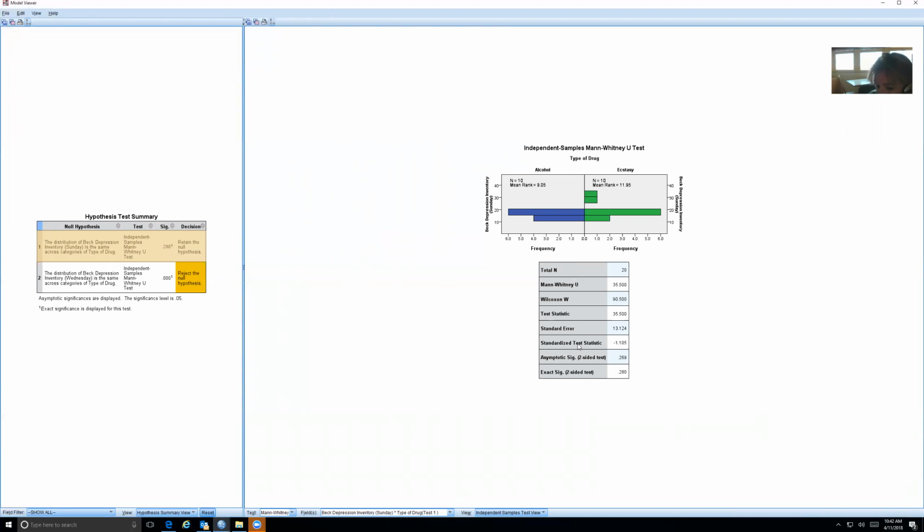Where are you going to use this Z? Well, look up above on page 227. Do you see that he came up with an effect size? And his effect size right there is 1.11 divided by the square root of n. So he took Z and he divided it by the square root of n to come up with an R